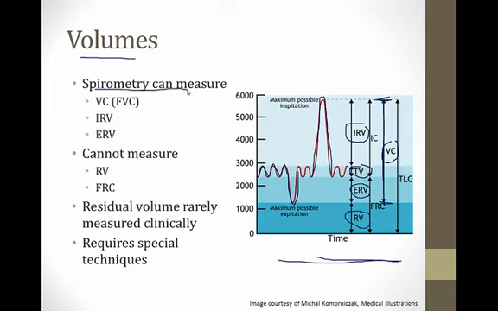So spirometry can measure the vital capacity. In fact, that's what you do: take in a very deep breath and blow out as hard as you can. So all that air you blow out is the vital capacity, or the FVC. It can also measure the inspiratory reserve volume and the expiratory reserve volume, and it can also measure the tidal volume. However, you should know that spirometry cannot measure the residual volume, and that means that it cannot measure the